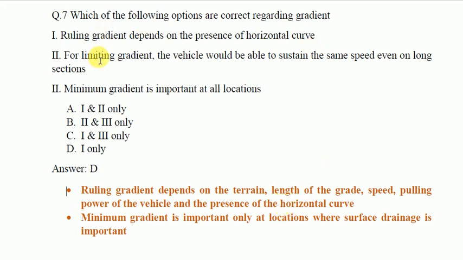And statement 2, for limiting gradient, vehicle would be able to sustain the same speed even on long section, that is not correct. And statement 3, minimum gradient is important at all the locations, but no, minimum gradient is important only at locations where surface drainage is important. So correct answer will be option D, 1 only.